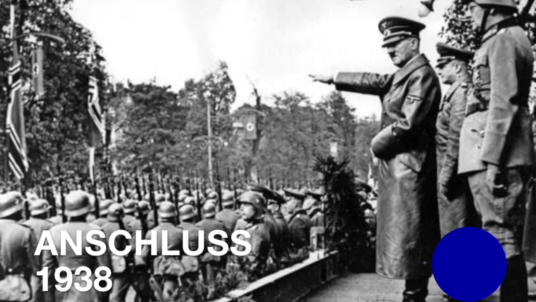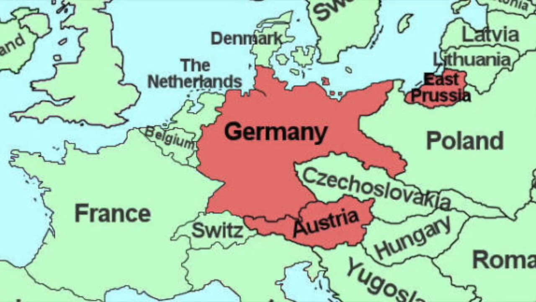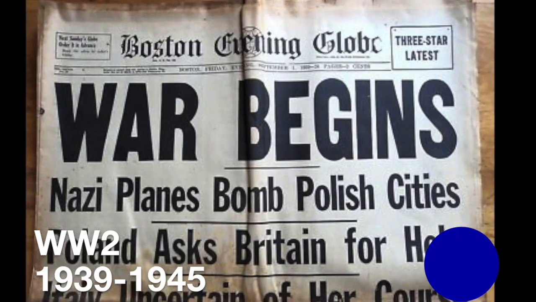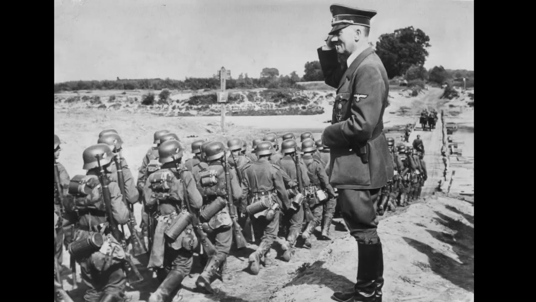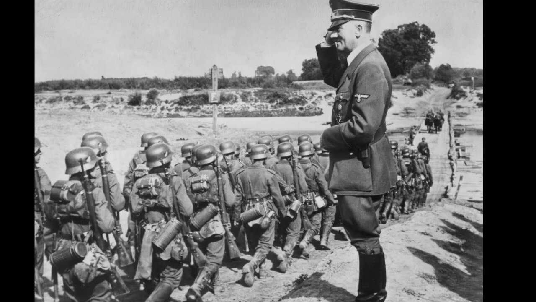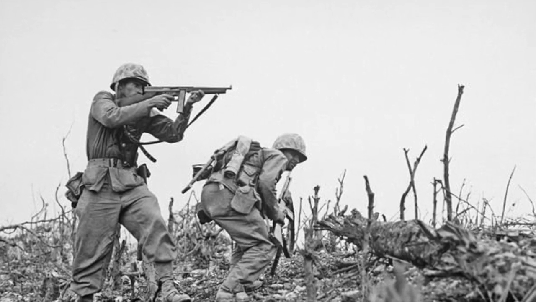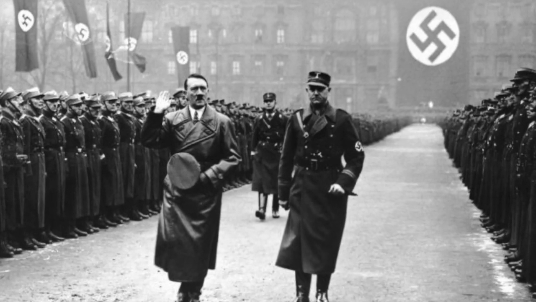Anschluss refers to the union Hitler dreamed of between Austria and Germany as a unique nation. He saw both countries as a single one because of their shared cultural background. Hitler made an alliance with Stalin to invade Poland and divide it. With this event, the Allied powers noticed that Hitler wasn't willing to keep his word to stop invading other countries, and that he was going to keep on breaking the stipulations of the Treaty of Versailles. This culminated with the outbreak of World War II.